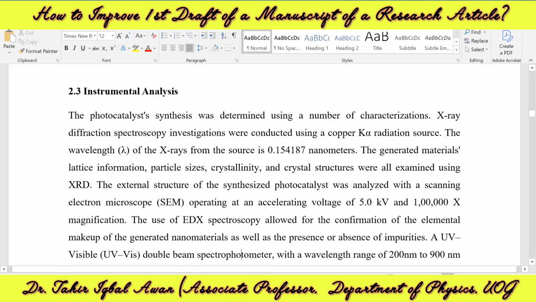That is instrumental analysis. So I think the first section is about XRD, X-ray diffraction spectroscopy. X-ray diffraction. Here I would suggest that we should write XRD, and then from next onward we should use XRD. And over here, this is K alpha. Alpha should be in subscript,